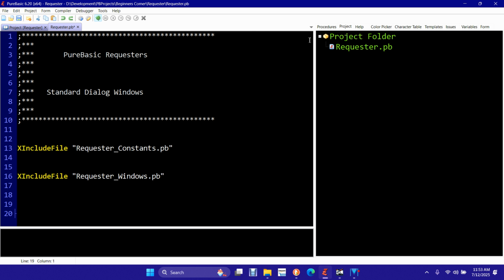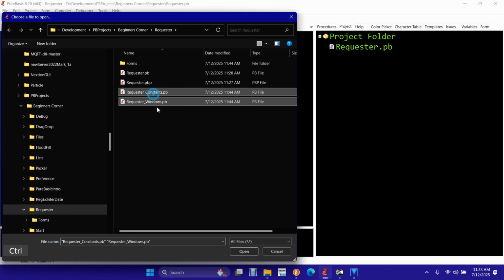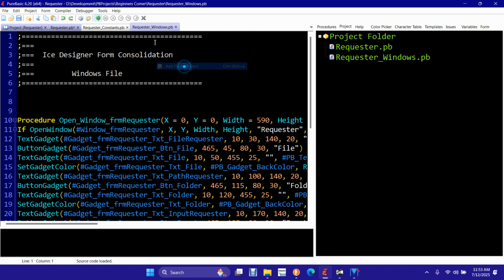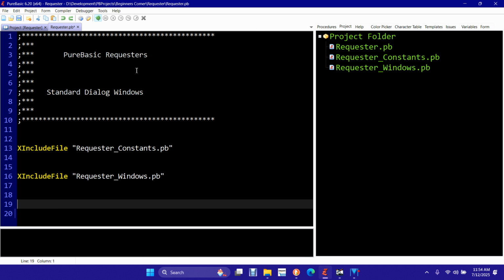So I've created the project here. Let's see. I have not added these two guys. I've already run my little ICE processor, so we can add these into the project. And so now I'm ready to write code. I have gone ahead and put up a comment block and put my includes for the constants in the windows. But what I'm going to do now is hold down Control and hit the letter B, as in boy,